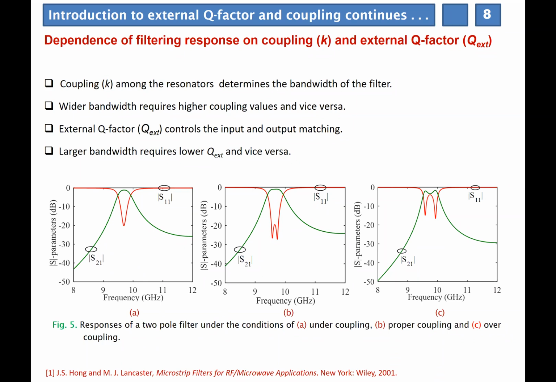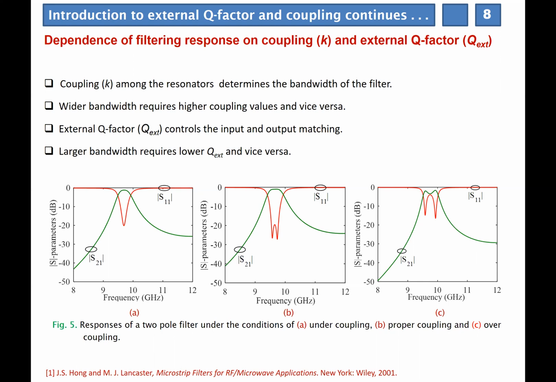I have given the example of one trisection or one quadruplet structure. Now, if you cascade those structures, you can increase the number of transmission zeros as well as the rejection rate. So the main use of transmission zeros is getting higher rejection with fewer resonators. So one quadruplet filter, that is for 4th order, no?